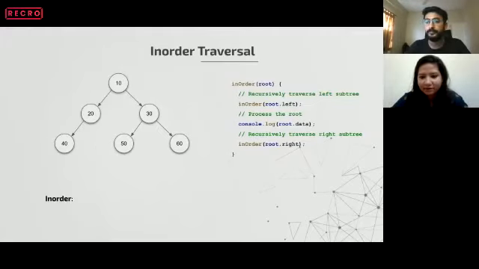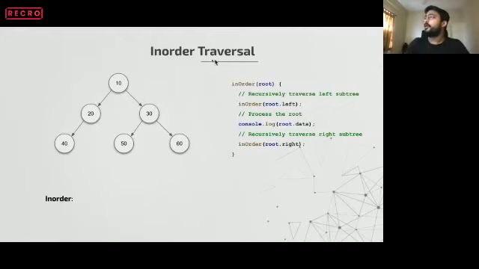I'm just moving to answer, Prasad. Cool. So how does in-order traversal change from pre-order traversal? If you look at the algorithm, in the pre-order traversal we were processing the root at the beginning. Now over here, we are processing the root after the left subtree has been processed, correct? Then we process the root, and then we go to the right subtree of it. So that is in-order traversal. Now let's look at this example and try to write in-order traversal for this.